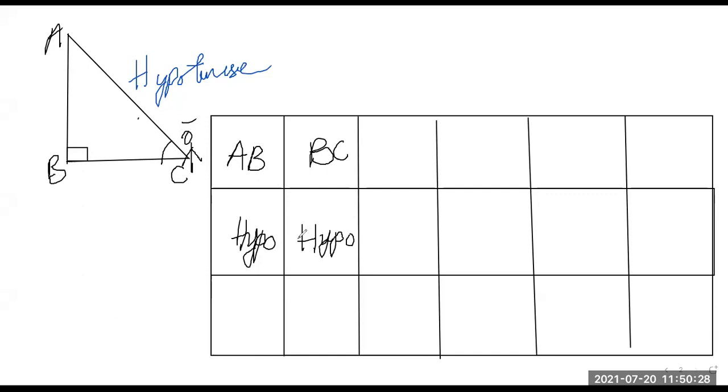Now we will not get hypotenuse in the denominator anywhere. Okay, hypotenuse को denominator में लेके दो combinations हमने बना दिए. अब next AB को फिर से मैं numerator में रखता हूँ. I'll put the AB again in the numerator, but अब hypotenuse की जगह पे BC को रख देता हूँ. तो BC denominator में आया.